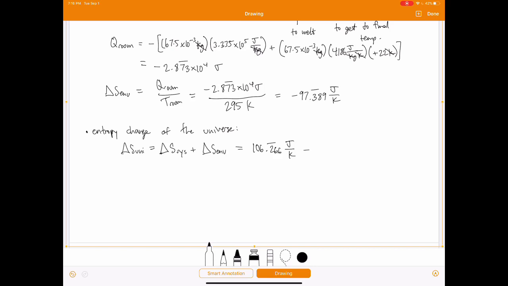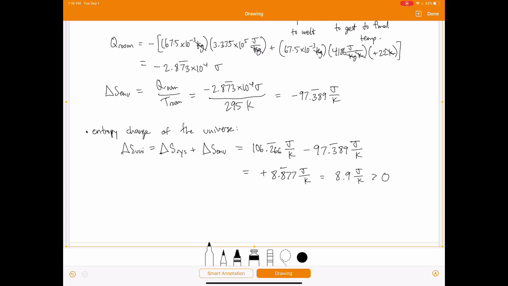And then we have minus 97.389 rounded to the first decimal place, joules per Kelvin for the entropy change of the environment. So this works out to positive 8.877, round to the first decimal place, joules per Kelvin, which is about 8.9 joules per Kelvin, and that is